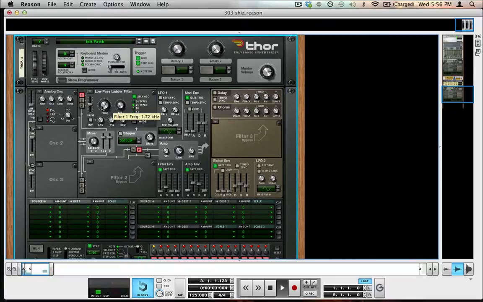Bring the frequency knob down a little bit. We're going to mess around with it, so it doesn't really matter where you set it right now. Bring up the resonance knob. This is important to get that iconic acid house sound. And then the envelope amount. And this is an acid 303 sound. Keep in mind this is dry and doesn't have any effects on it yet, but that's the basic 303